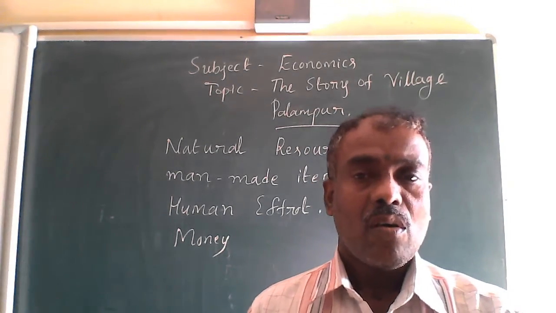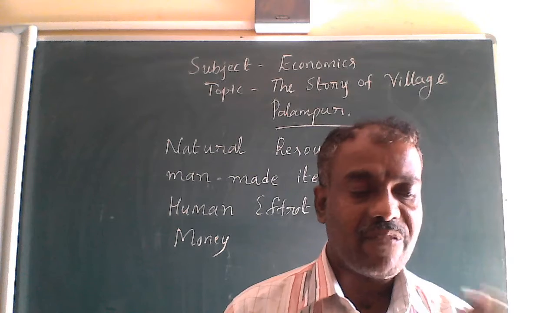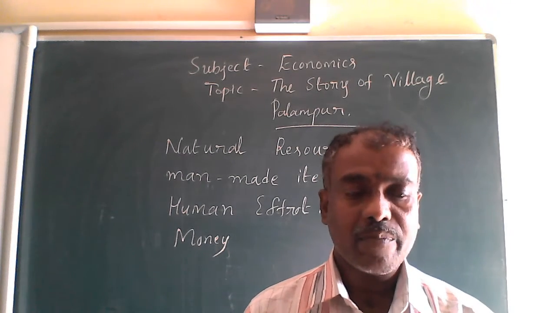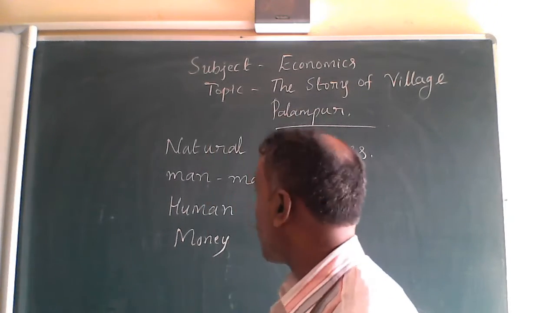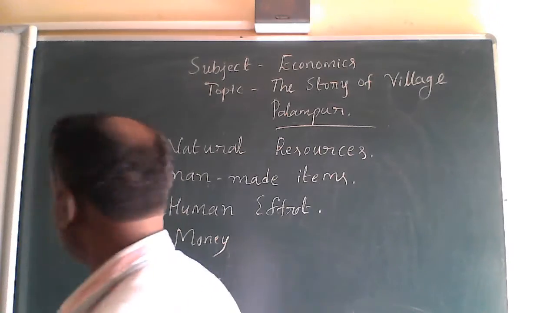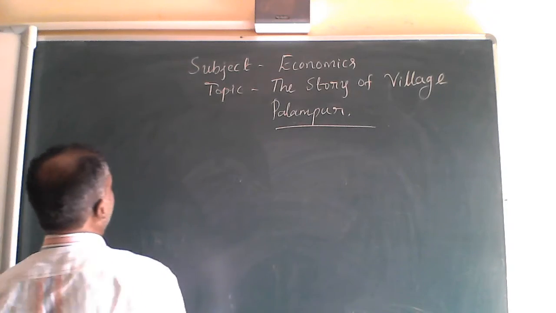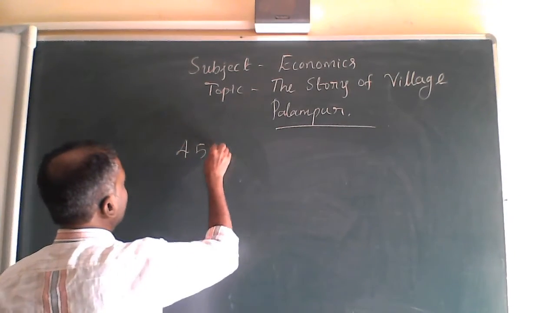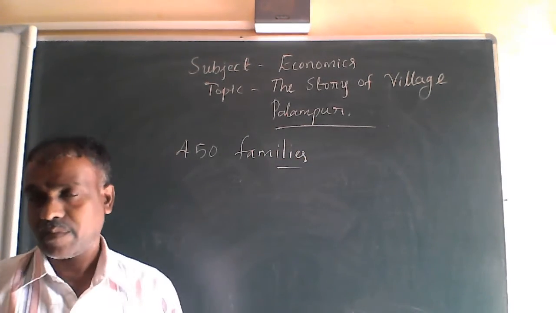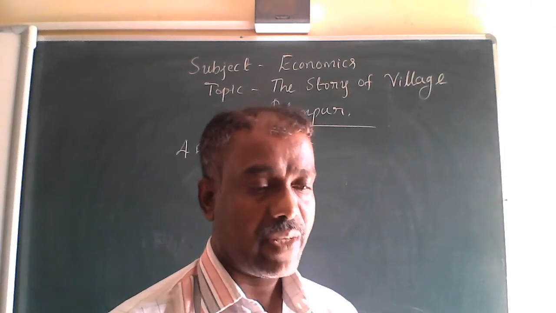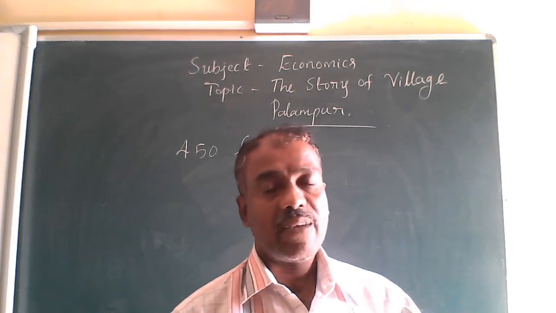So in this village there are only 450 families. Please keep in mind how many families are settled in this village. Only 450 families. So Palampur village consists of 450 families. And you know that it is a village, and if it is a village, then